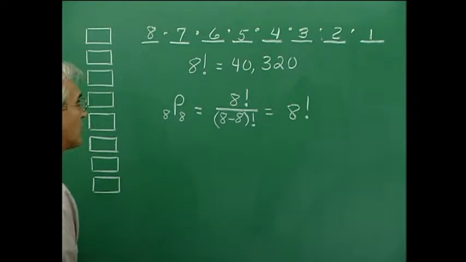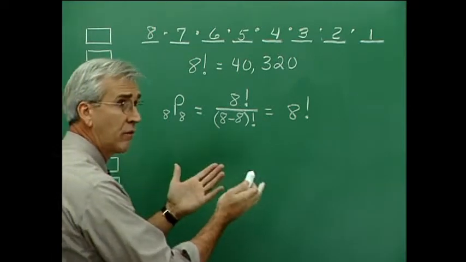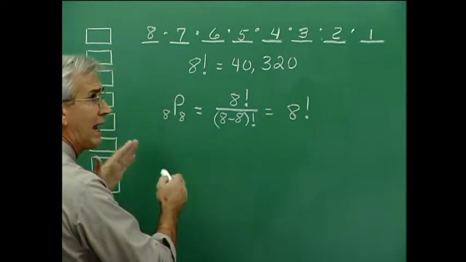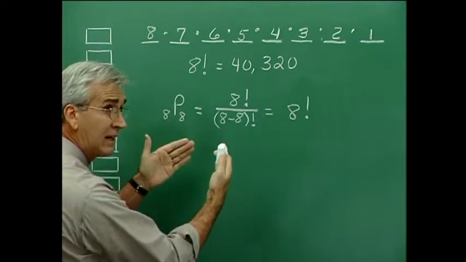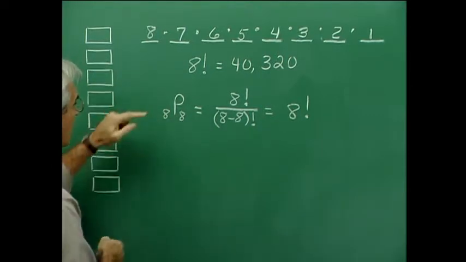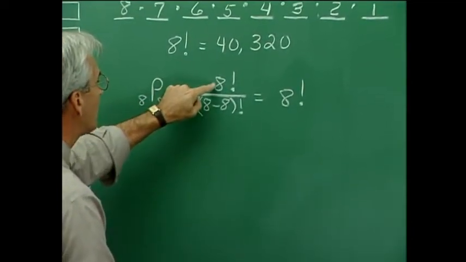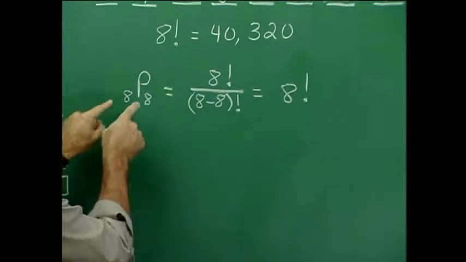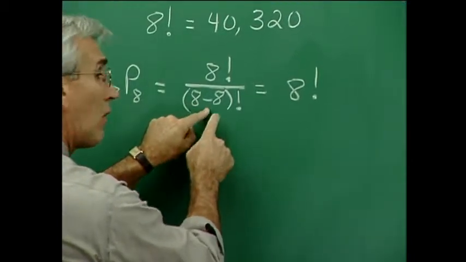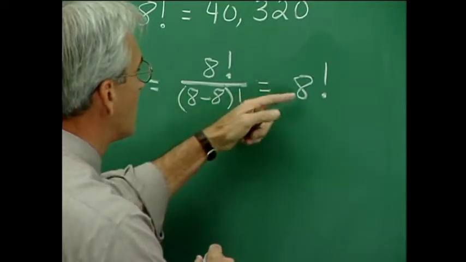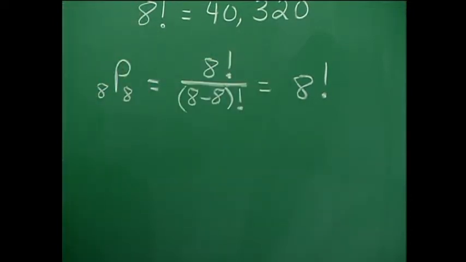Another way to calculate it is to use our permutation formula. Now, it's a kind of an unusual situation when we have 8 things taken 8 at a time. Let me just show you how the formula works here. It's the permutations of 8 things taken 8 at a time. So in the numerator, it's 8 factorial. In the denominator, it's 8 minus 8, or 0 factorial, which we know to be 1. So 8 factorial over 1 is 8 factorial, and we get the same result, of course, as we did